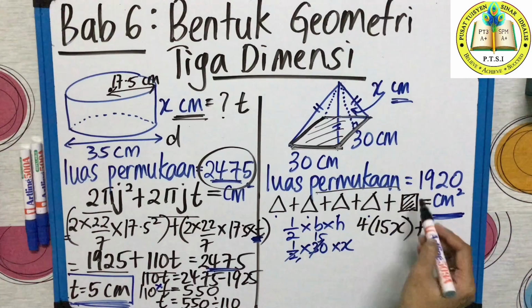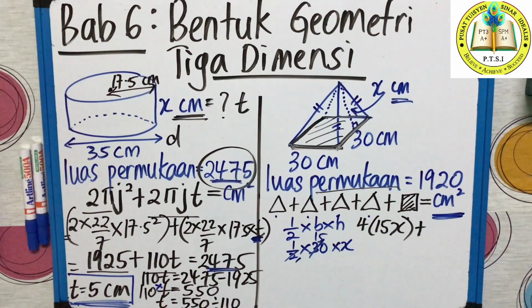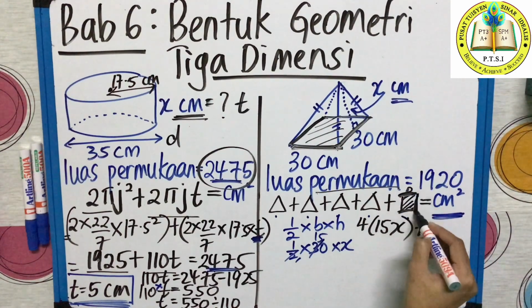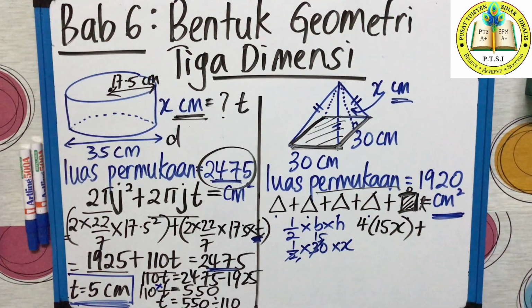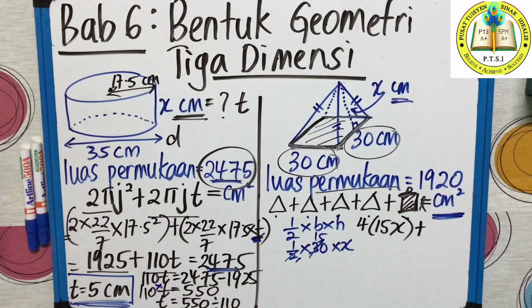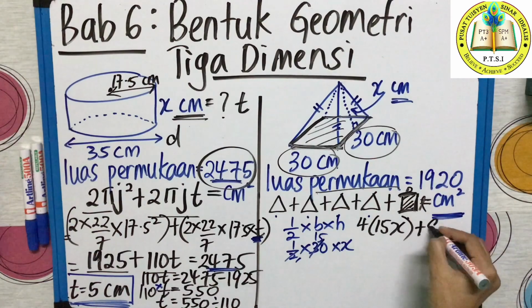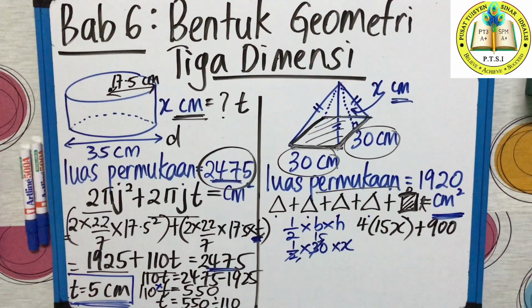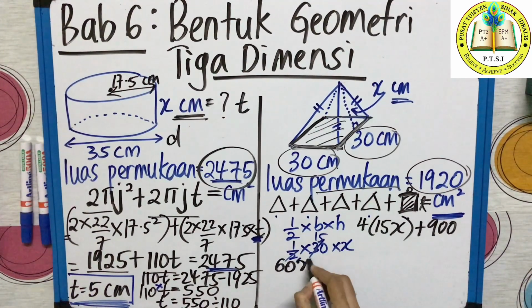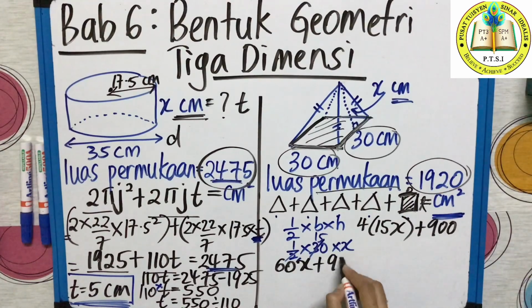What is the area for the square? Apa formula untuk segi 4? Panjang kali lebar. Yes, Anna, if they give you a square, it's supposed to be panjang kali lebar. Length times breadth. So, 30 kali 30. Berapa kamu dapat? 900. You get 900. Now, when teacher want to solve this, 4 kali 15x kamu dapat berapa? You get 60x plus 900